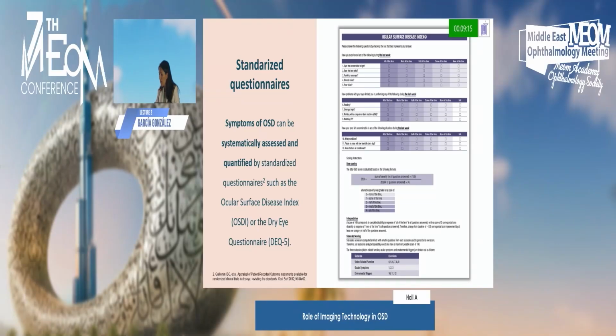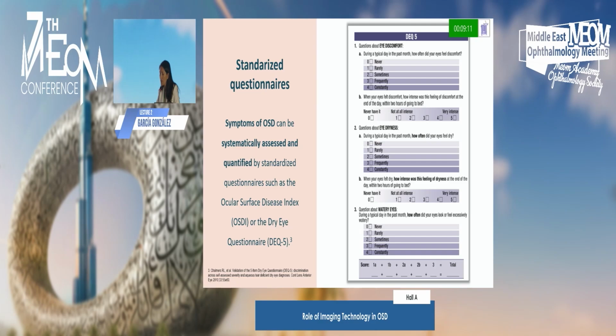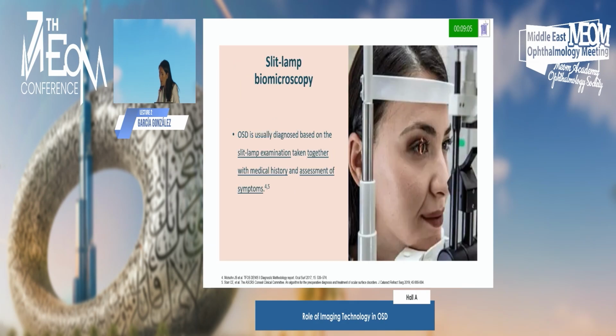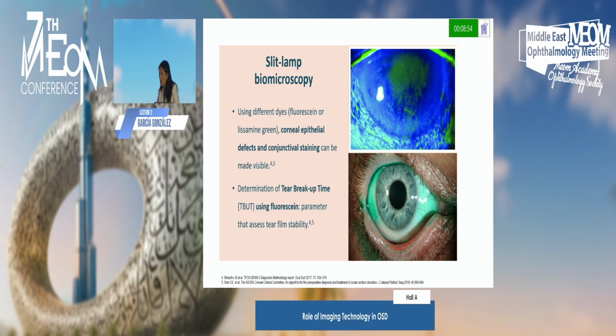Symptoms are quantified by standardized questionnaires such as the Ocular Surface Disease Index, the Dry Eye Questionnaire, or with some initial questions suggested by the TFOS DEWS II. And together with the medical history and the assessment of these symptoms, ocular surface disease is usually diagnosed based on the slit lamp examination. Using different dyes, as we have seen, the corneal epithelial defects and conjunctival staining can be